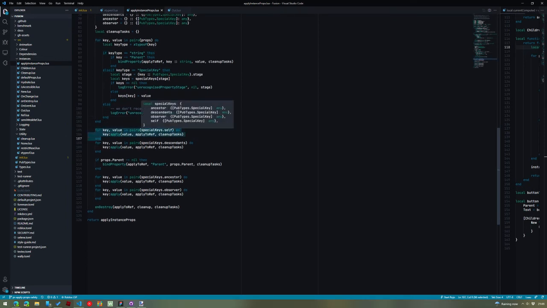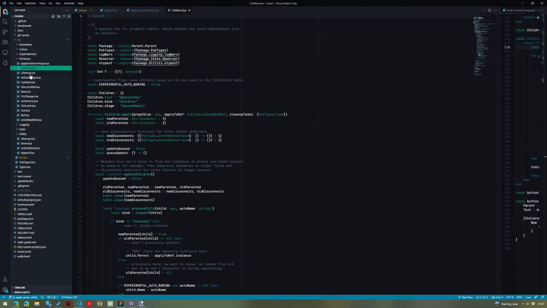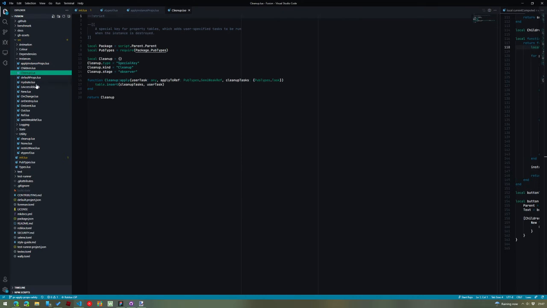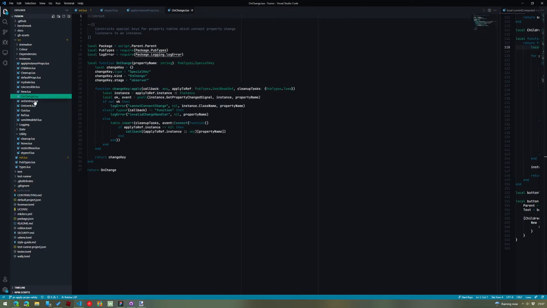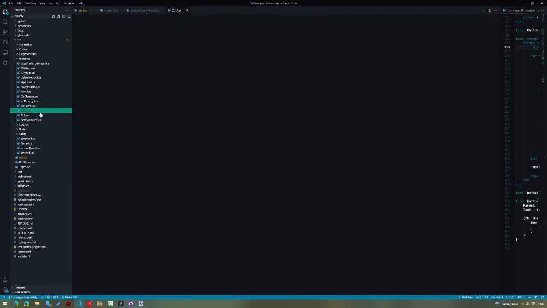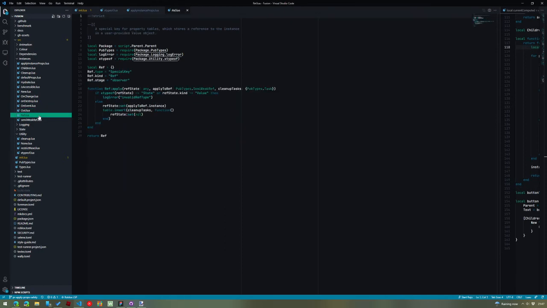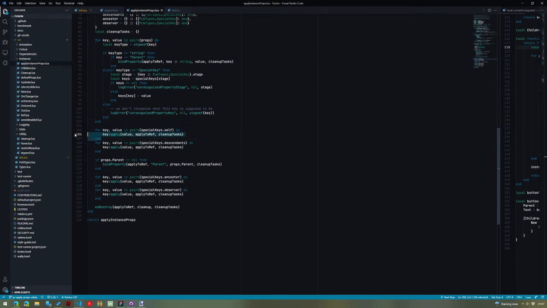So for every single special key with stage of self, we call its apply method. I'm trying to think, are there any keys that do that? There's not children, cleanup is observer, on change is observer, on event is observer, out is observer, ref is also observer. Right, so there's no keys currently in Fusion that actually use this. This is not done currently. But this is basically